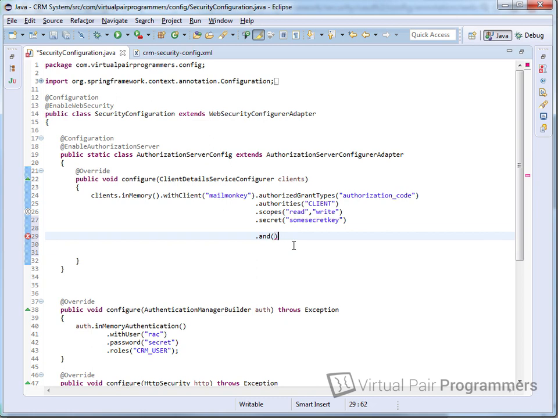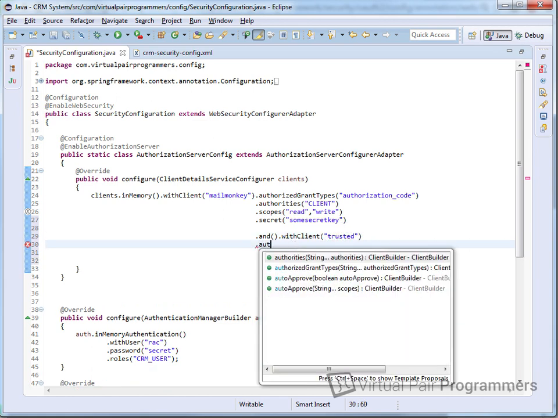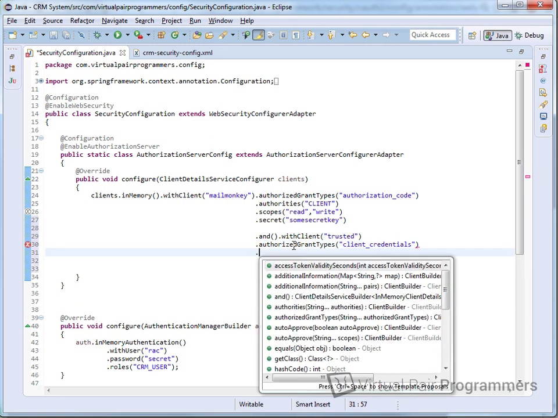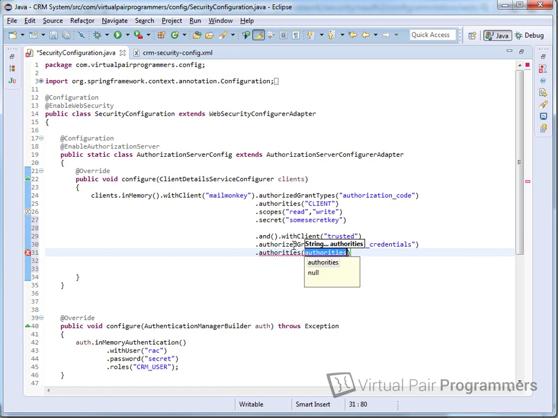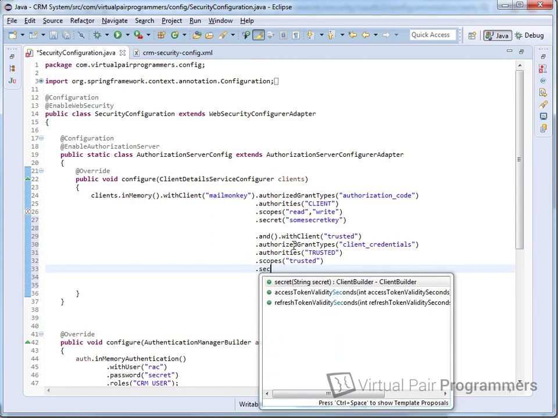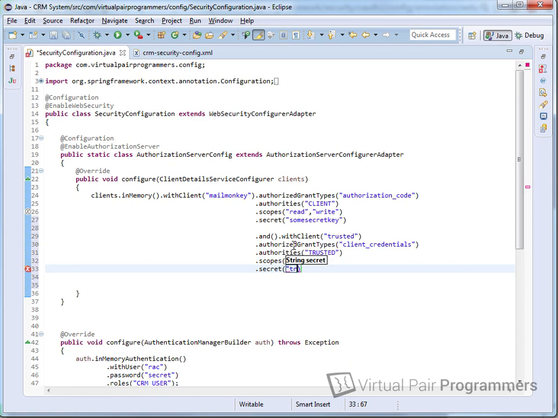So I can go on from that and call the withClient method. And this client on the previous course was called trusted, and they were authorized to use the grant type of client underscore credentials. And again, for full details of this, you can check out the Spring Security Module 2. They had the authority called trusted, but most importantly of all, they were given their own scope called trusted, and they had a secret called trusted